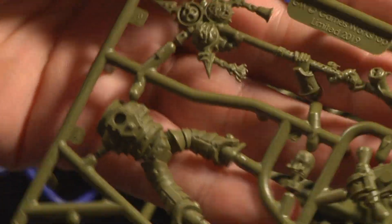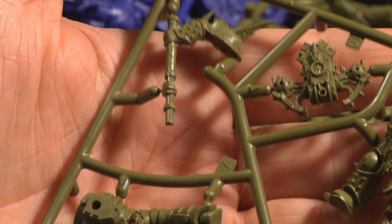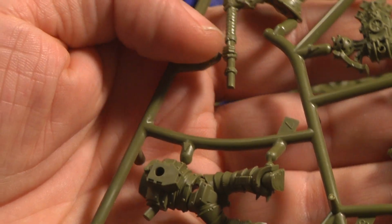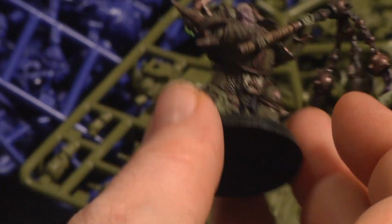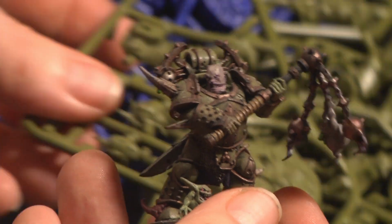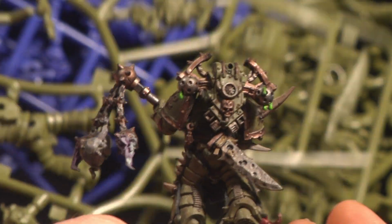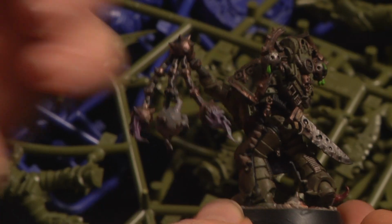We have here another staff and a standard, so this guy could be a standard bearer with a nice big combat knife. We have here another fellow with a nice big combat knife, and what seems to be, oh, this guy I actually have. So this guy is a melee specialist. Tony got me one of these for Christmas, so I made him. This mini is what you get with this sprue, and as you can see here, it gave me a lot of